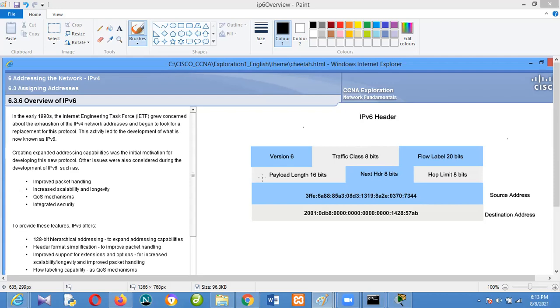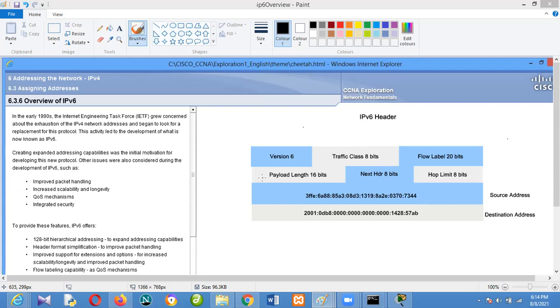So in the advent of this, the nations or the governing bodies decided to see what can be done in order to accommodate more people into IP version 4. So they dealt with subnetting of IP addressing. Still, it didn't solve the issue of accommodating more people. Then we dealt with NAT, that is network address translation and port-based address translation, but it still didn't really solve the issue of the IP depletion.